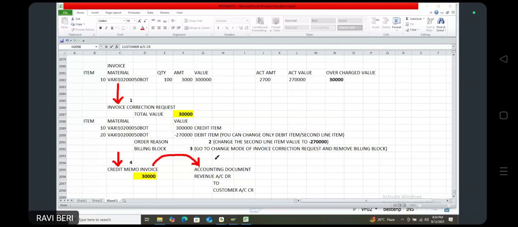ఇక్కడ ఏంటి అకౌంటింగ్ డాక్యుమెంట్ రెవెన్యూ అకౌంట్ ఆర్ అకౌంట్ నుంచి వెళ్ళి కస్టమర్కి, అంటే వాళ్ళ దగ్గర నుంచి మనకు వచ్చేది అంతే కదా. 30,000 రావాలి కానీ